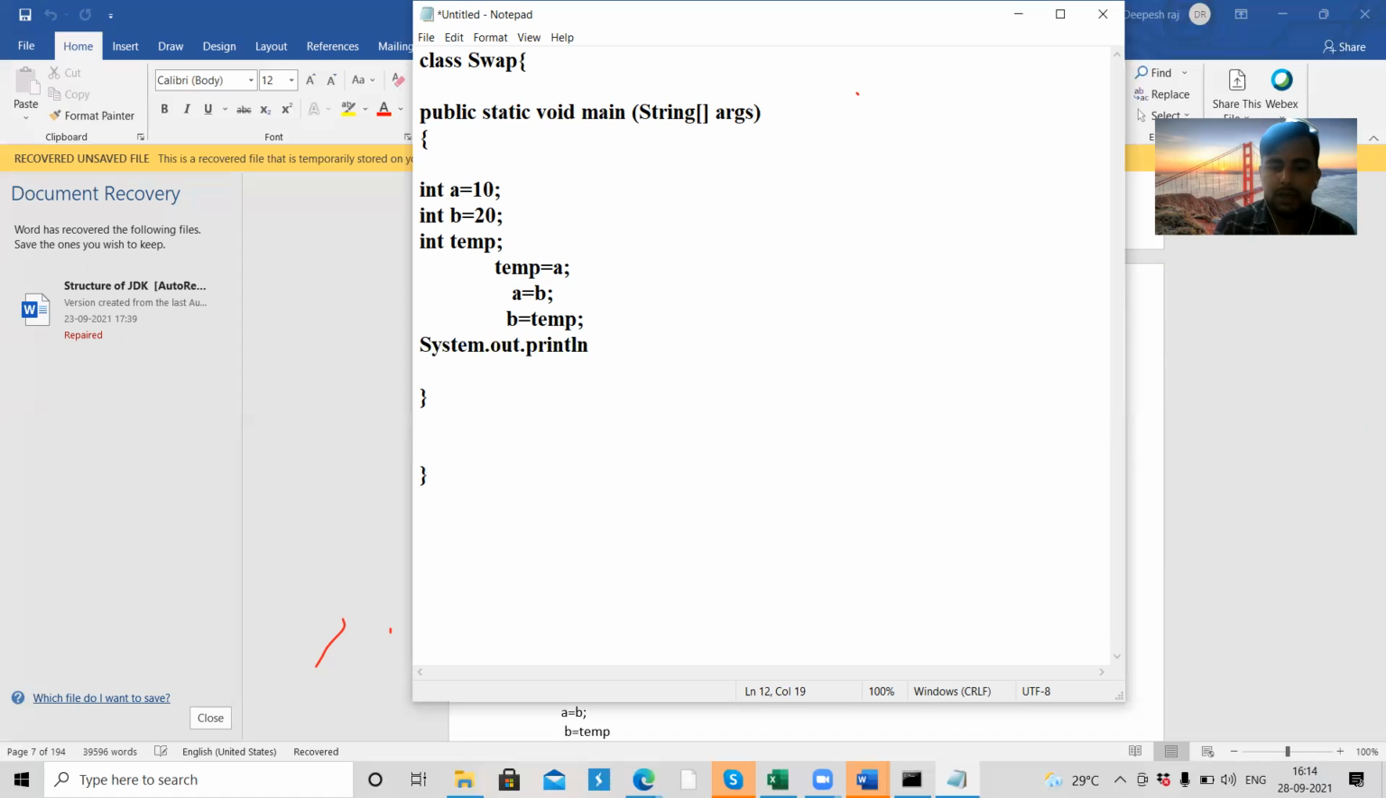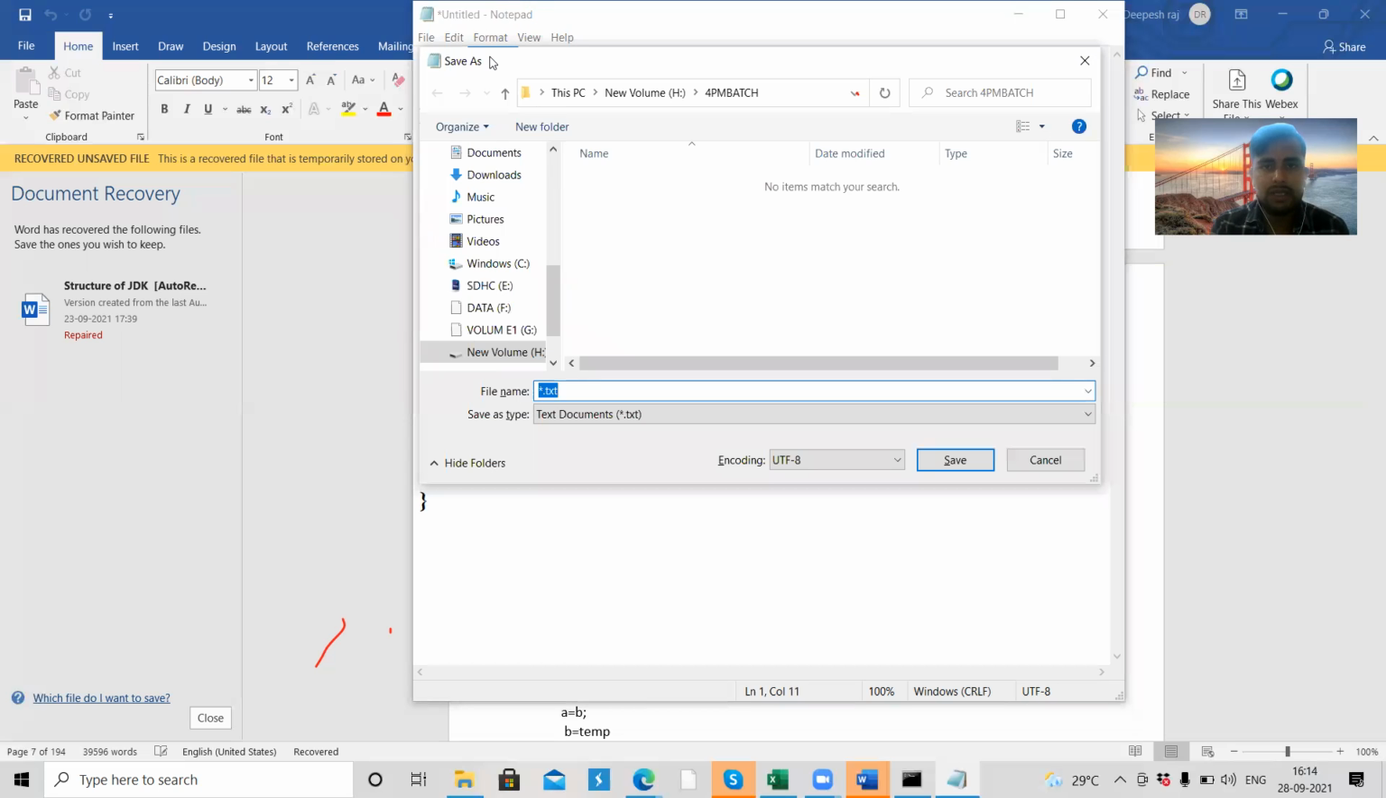Print A, System.out.print B. So now if I go and save this program with the